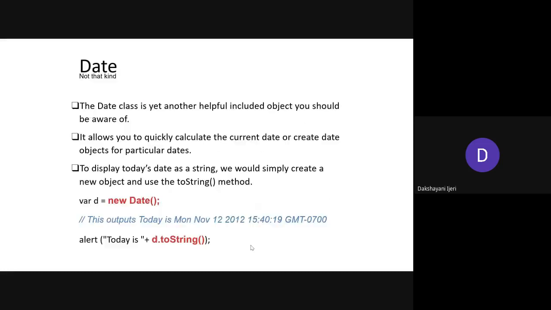Okay. So coming to the next object that you can use here, the date object. To create a variable of a date object, it is again variable d, the new operator followed by the name of the method, Date. That means d is going to be created as a date object. If you directly print only this variable, it is going to give you the current date with respect to the calendar of your system.